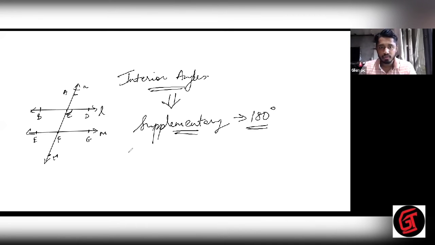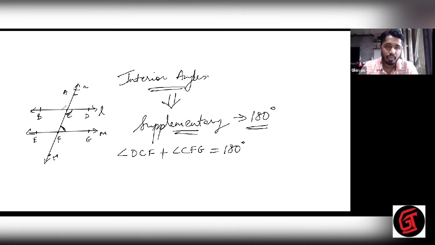Angle DCF and angle CFG. Now these two are not congruent. They come together and make an angle of 180 degrees. Means angle DCF plus angle CFG is equal to 180 degrees. Coming together means having an addition together, right? If I say Nathan and Herschel come together, that means you plus you together you will come. Correct or no? So angle DCF plus angle CFG, this is one pair.